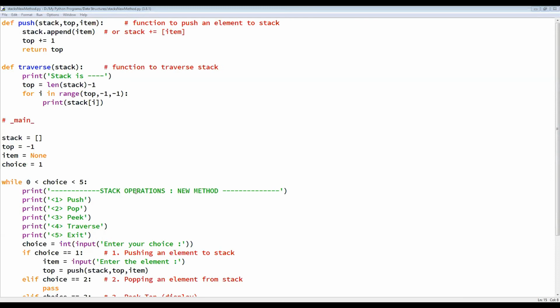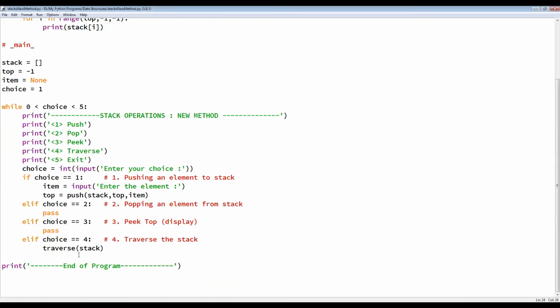This last in first out is being represented over here. So the next thing which we are going to see is, let us choose the smaller one, that is peek. So I'm going to just write here print top is equal to the value of top. Simple, very simple. So we are just going to see how this works.